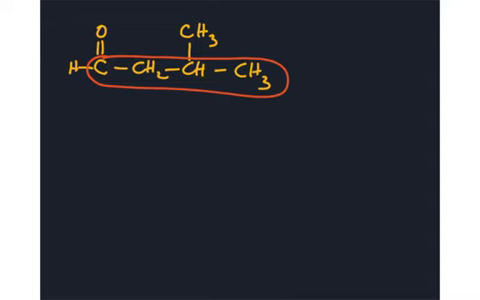Let's do an example. So here we have a carbon chain, and this will be the number one carbon. Notice that I just flipped the H to the left-hand side here just to get it out of the way, but I could also tuck it in. That would be fine as well. Because the C has a double bond, you only need one H here. So this is going to be a butanal, and I don't have to give a number, although I could put a number 1 if I wish, but really all I'm going to add here is a